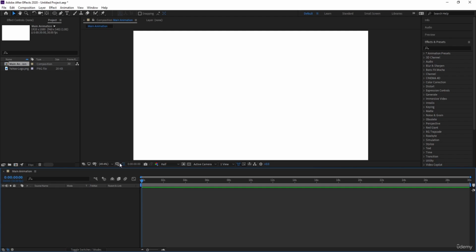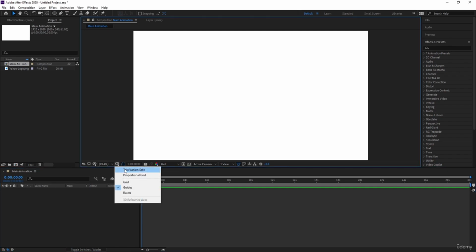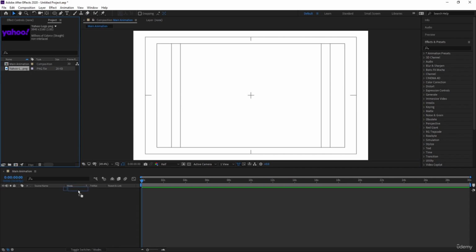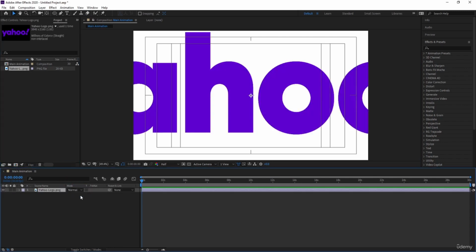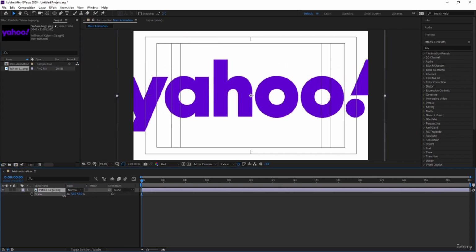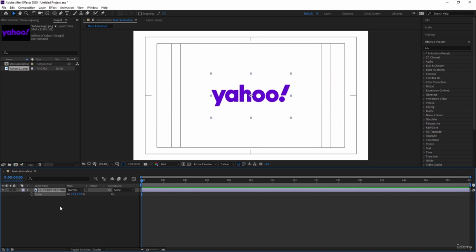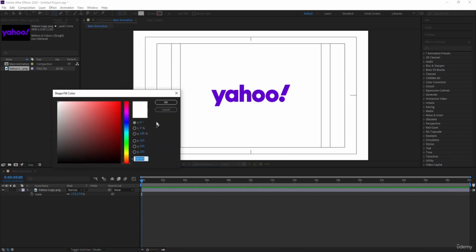hit OK. Go to choose grid and guide option and simply hit on title selection. We will select this Yahoo logo and bring it to our composition. Press S for scaling option and scale it somewhere around like this. Okay. Now I'm going to choose my ellipse tool and in fill, with the help of this picker, I'm going to pick up this color of this logo and simply hit